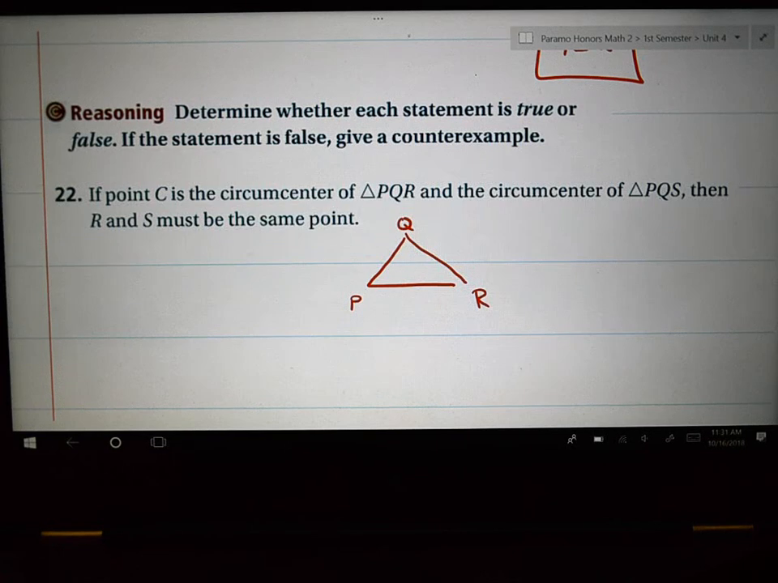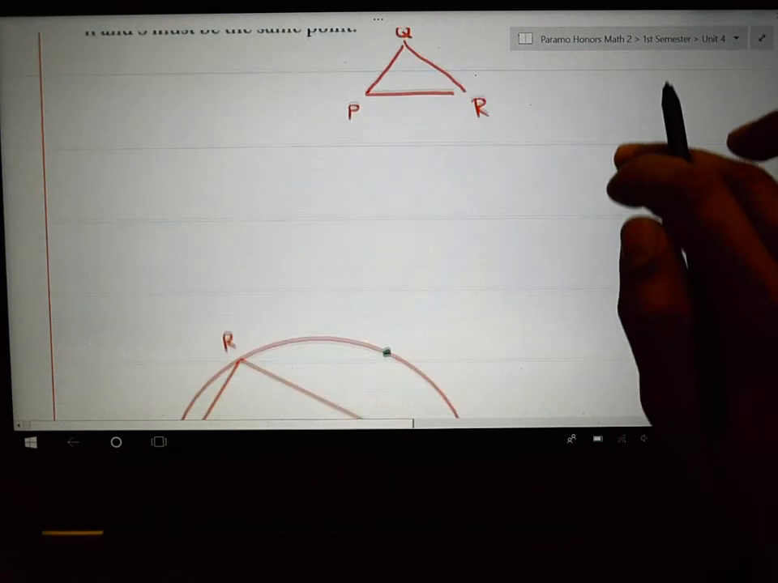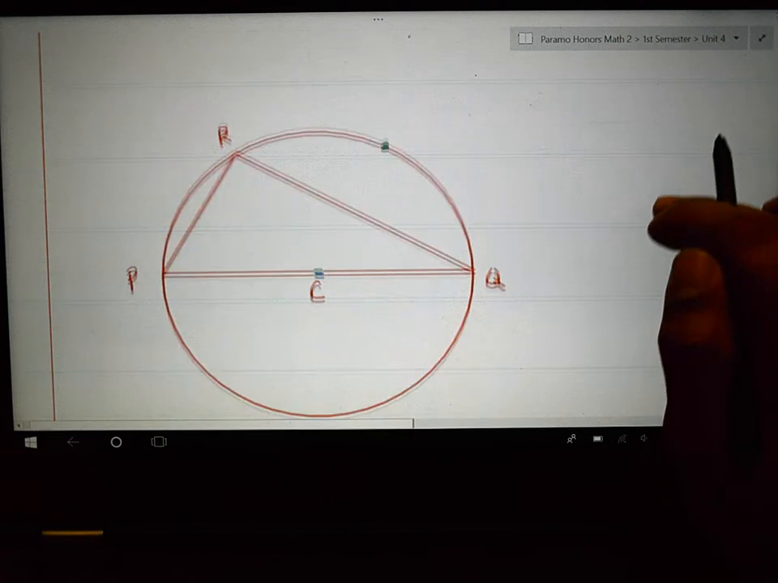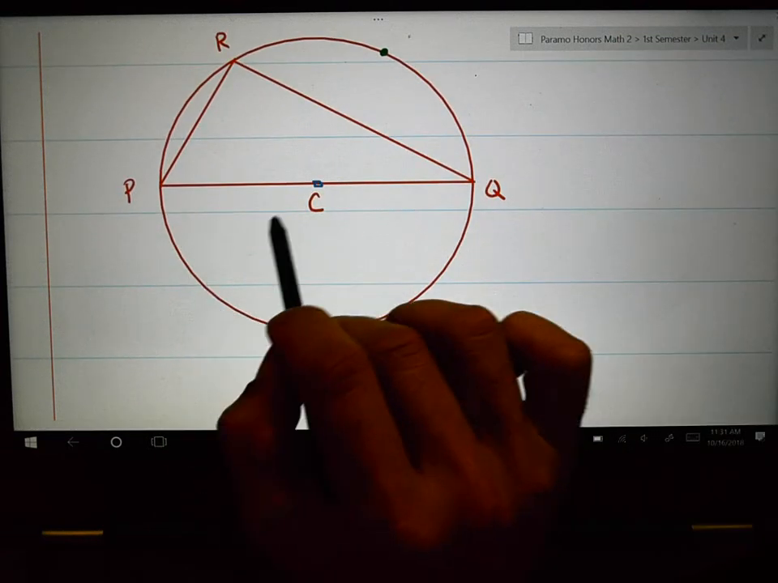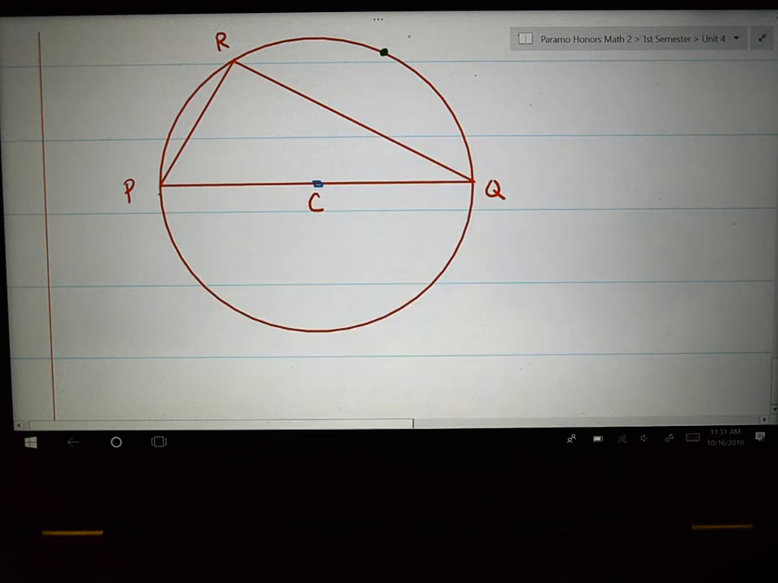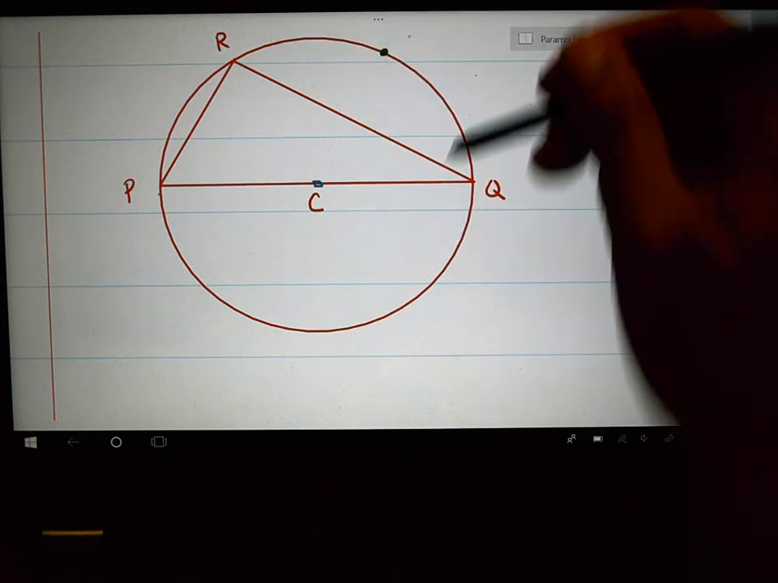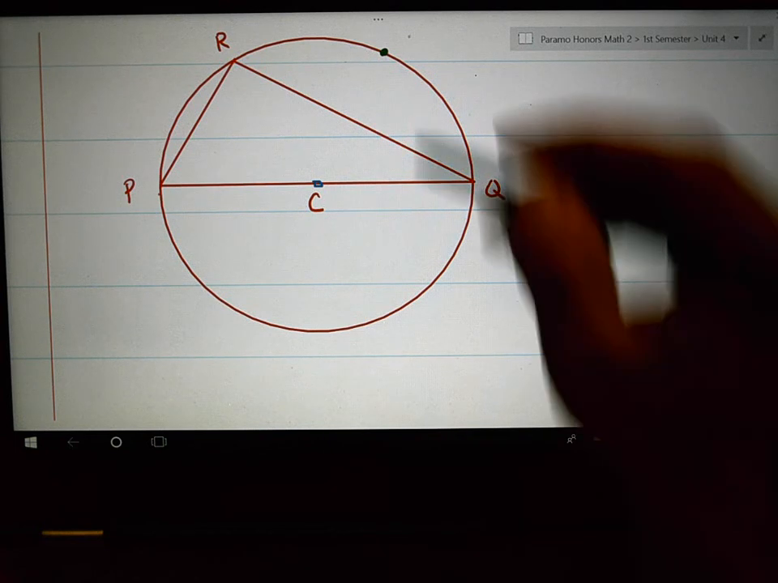This one's really hard to visualize. So I came up with my own example down here below. I came up with a triangle with C is the circumcenter of triangle PQR. And I try to think about where would it be if S was not the same point as R, what would that look like? And I came up with this green dot out here. As a matter of fact, the green dot could have been anywhere out here that I wanted it to be. If I had this as S,